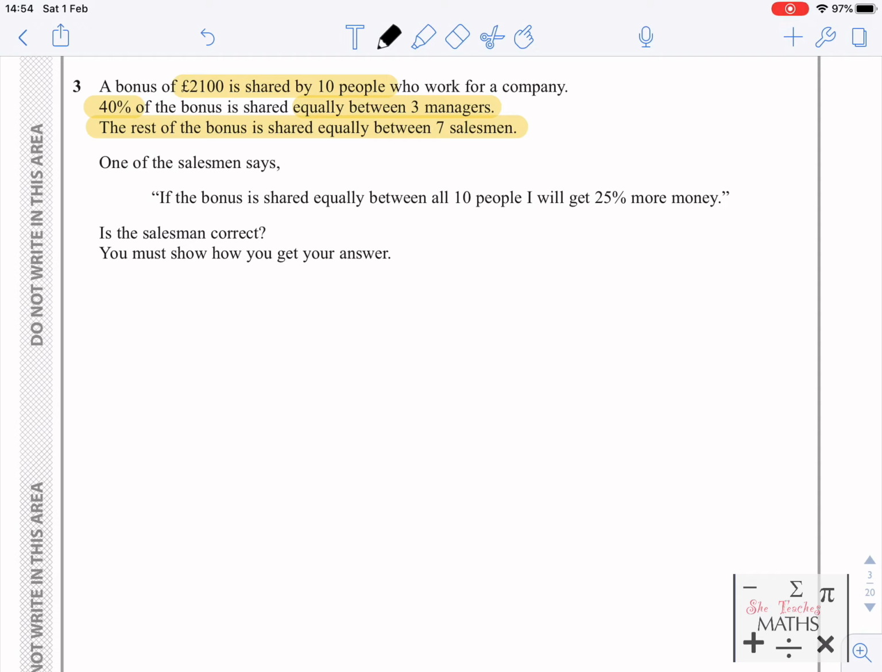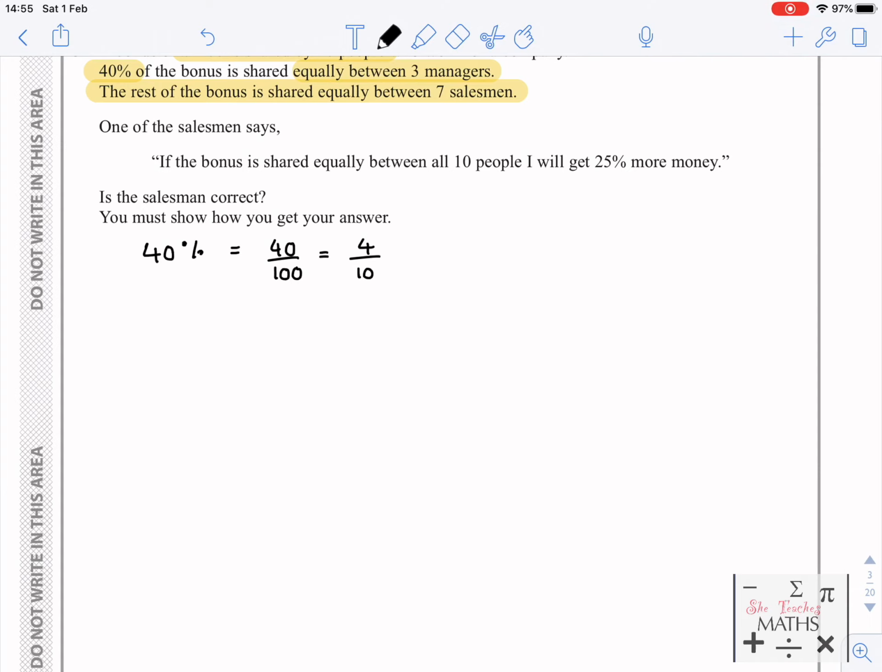So what I would do is I would start off by finding out what is 40% of 2,100 to find out how much the 3 managers get. So 40% can be written as 40 out of 100 because percentages are always out of 100 and I love to work with fractions, as I find that a lot easier. 40 out of 100 is the same as 4/10, and I think I'm going to stop there because I'd rather divide by 10 than divide by 5, which is a simpler fraction. But I'm going to stop there. I'm going to do 4/10